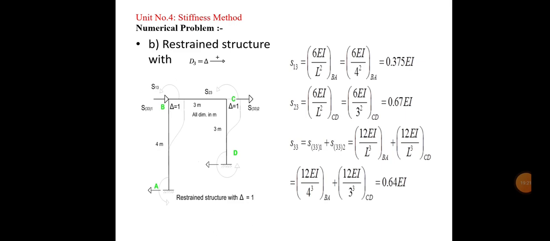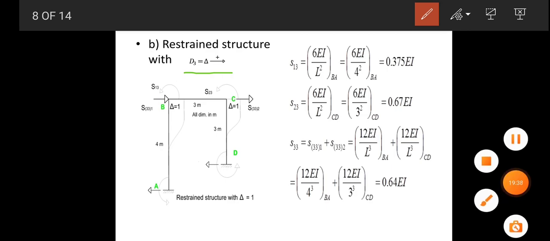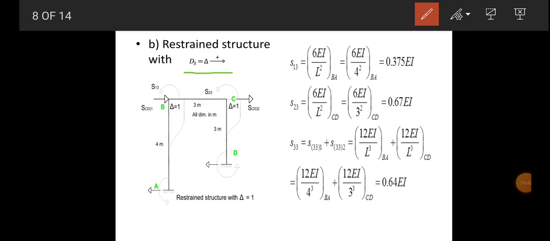Now next apply the rotation in the direction of... now here the third unknown, or coordinate direction, is delta. So rotation is not here. Now here you have to apply the translation toward the right side as positive. So let us apply the translation for the column. So both columns will move toward the right hand side. So when we apply the translation to the column, delta is equal to 1, or